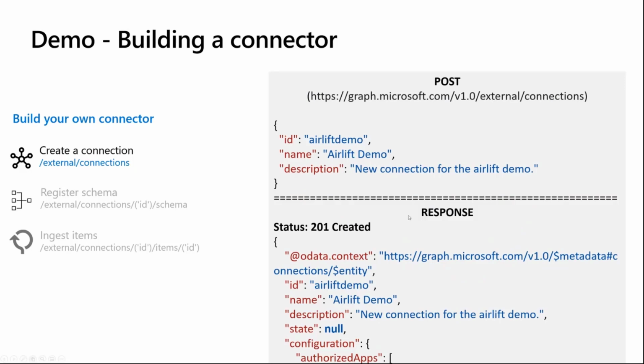So I'll just briefly cover creating a connection. You just need three items in it. You need an ID, a name, and a description. And the response you get, and this is copied out of Postman, which I can also show, is basically a 201 that the connection has been created. So with that said, let me just jump into